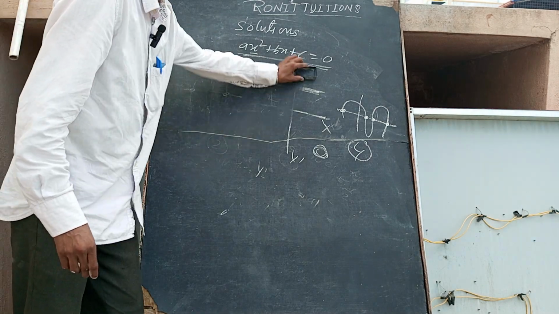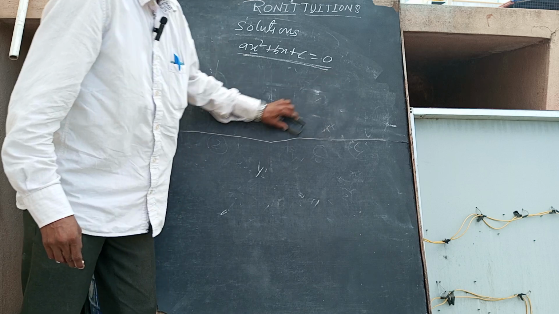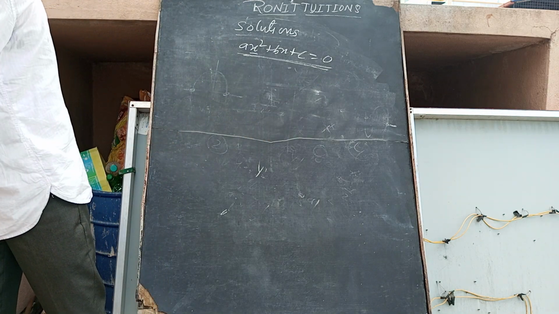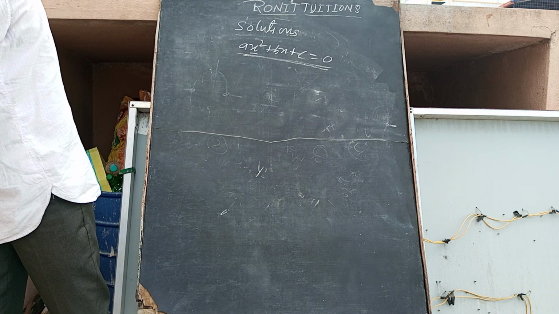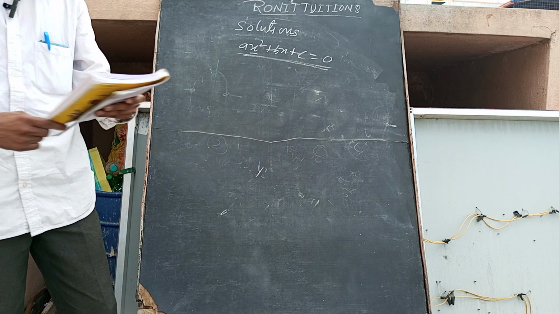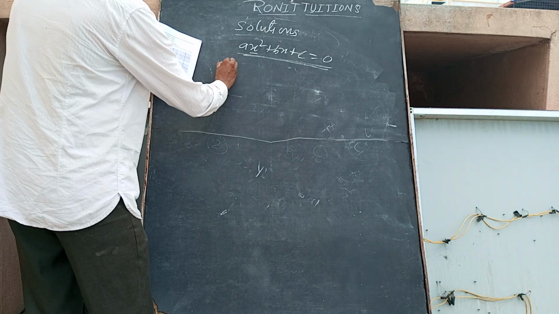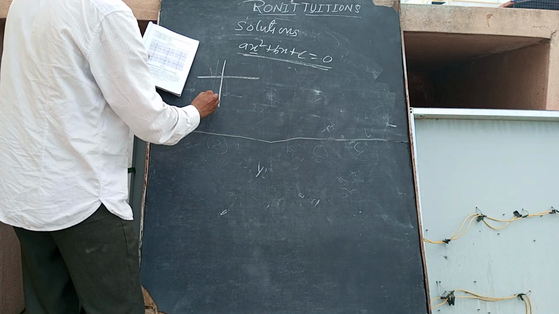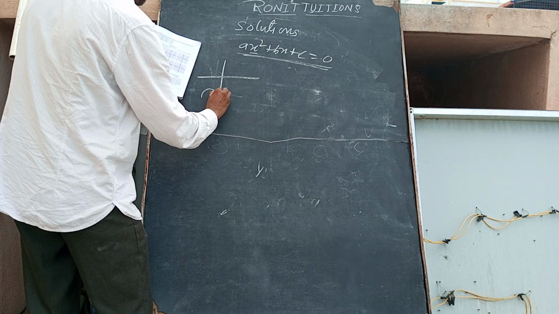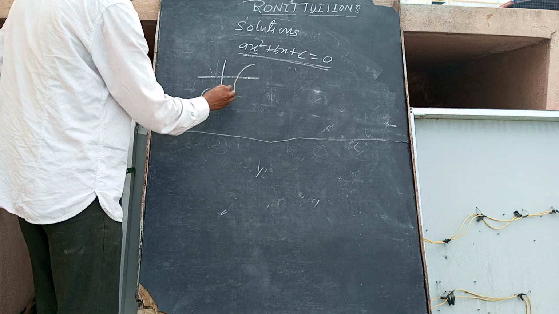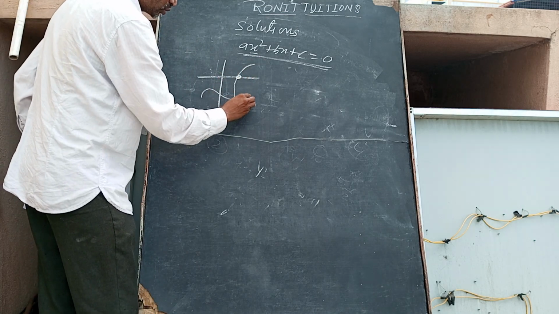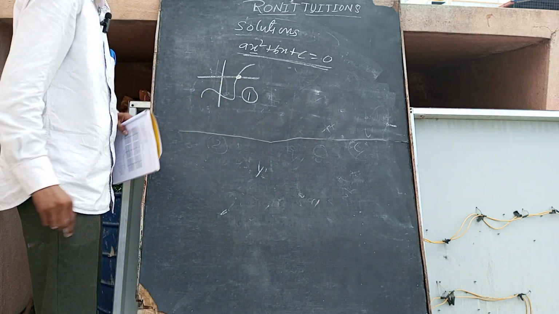Let me take some examples given in the book, the exercise book from NCERT. So here the first graph is given like this. I hope you can tell the answer before that. So the graph is given like this. How many places does the x axis cut happen? Here 1 place. So it has 1 zero.